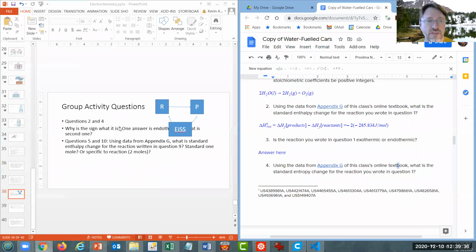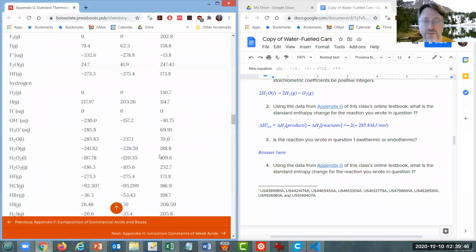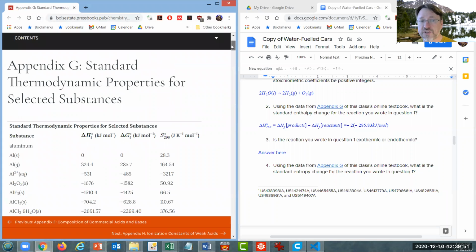The next question here was question 4. How do we do that? Well, you do exactly the same thing that you did here, just using instead the entropies. Now, in this case, the entropies are not entropies of formation, they are absolute entropies. So what does that mean? What it means is that